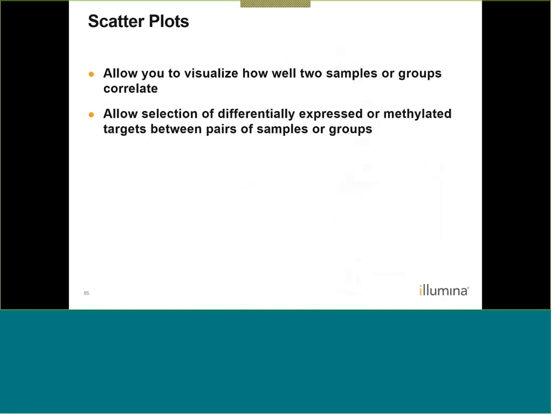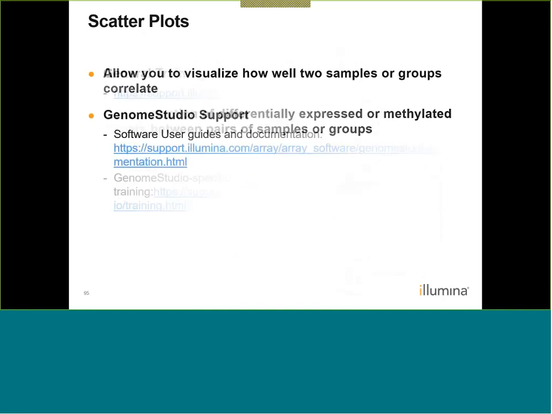All right. Scatter plots allow you to visualize how well two samples or groups are correlating. It also allows you to select differentially expressed or differentially methylated targets between pairs of samples or groups. Okay. I'm going to skip this section on the methylation sample identity using scatter plots, and let's go on to